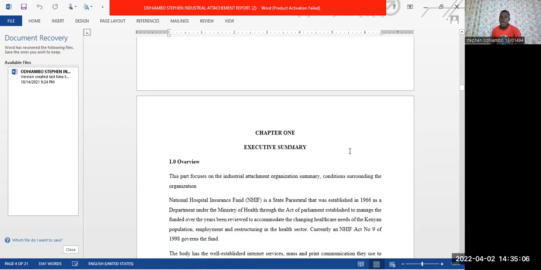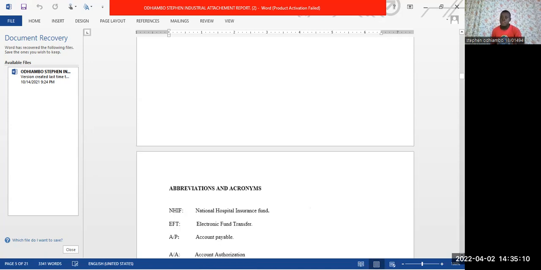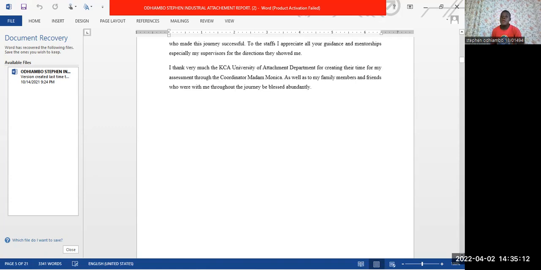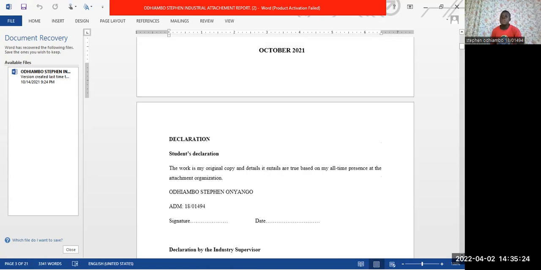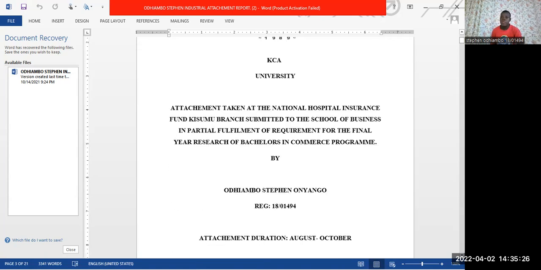So how can we number this document? Leaving the cover page unnumbered, and starting from chapter 1, we give it Arabic numbers, and from declaration, we give it Roman numbers. In that case, you can start by numbering all your documents, including the cover page, given a number. For general numbering, if you have a document that doesn't have a cover page